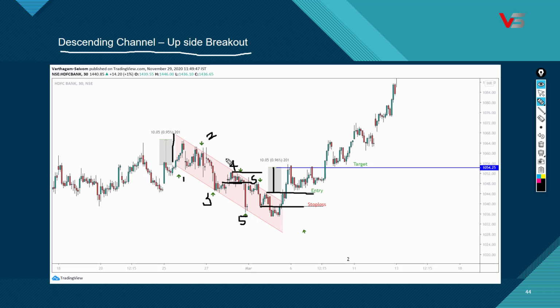So this is 10.5. The market went 10 points more, so here the target is 10 points. This is the minimum target, but see, the second target is the next swing, what it hits. It went across the previous swings also. The minimum target is 1, the maximum target is this swing. If you are able to hold that position, you can hold to maximize your profit. Anyway, it depends upon the person's emotional control.